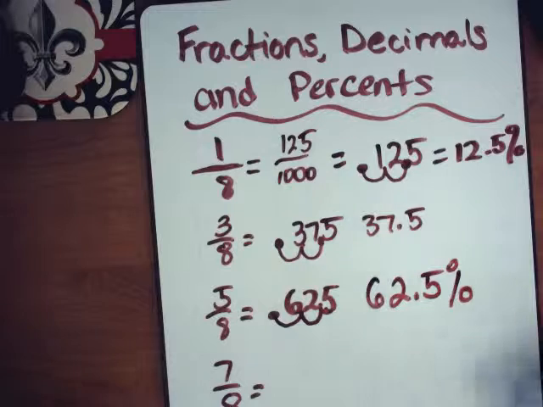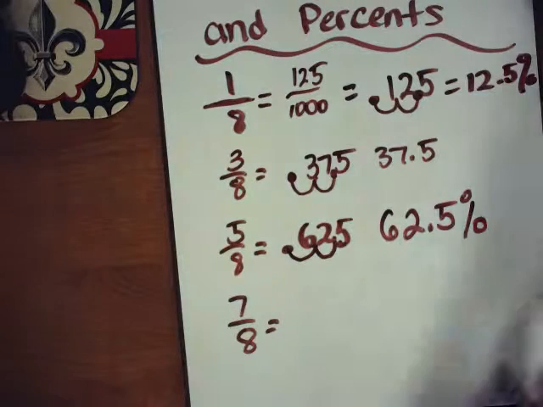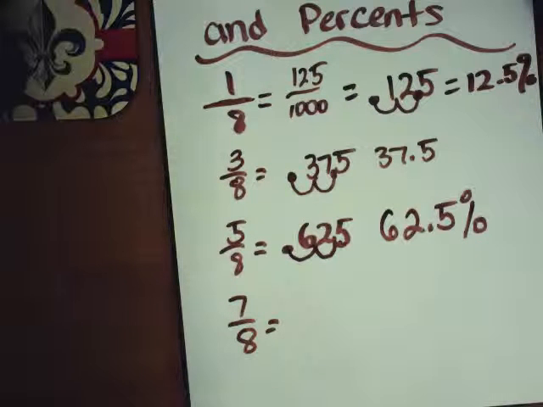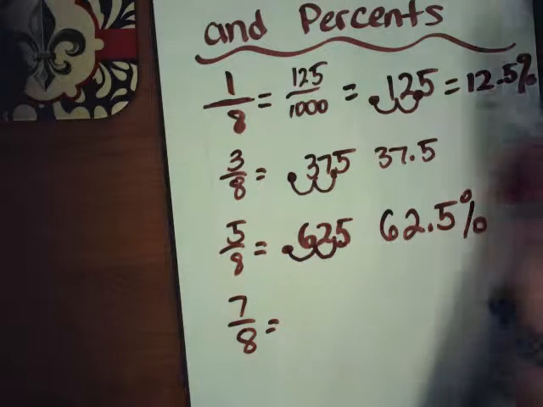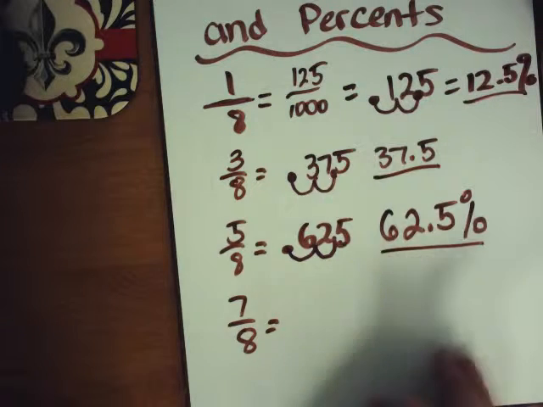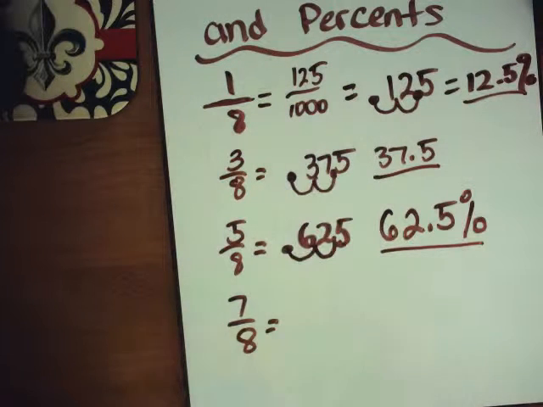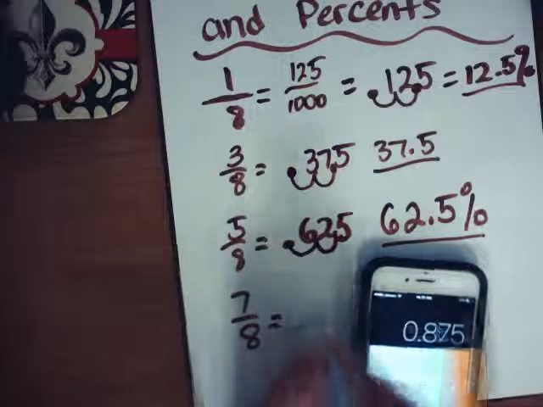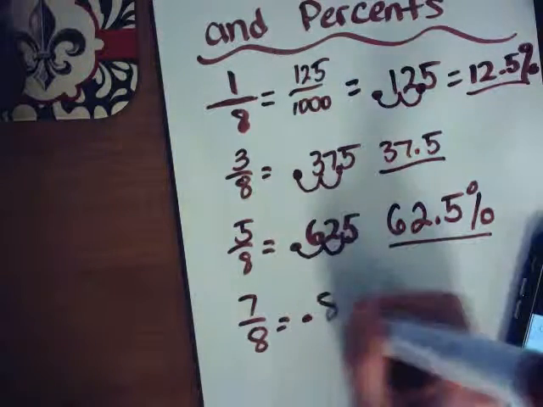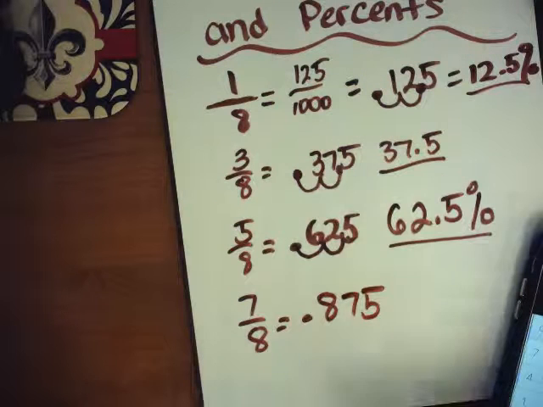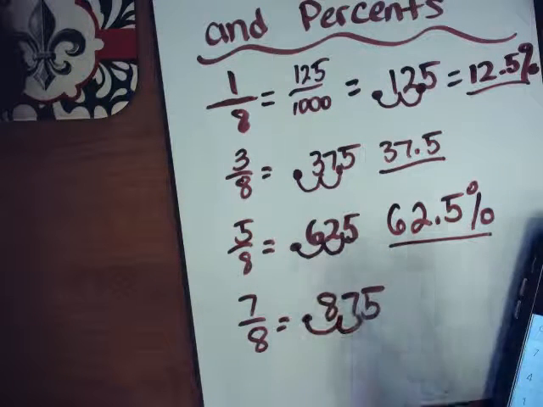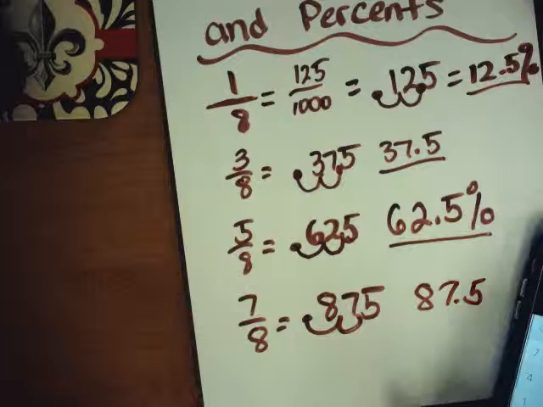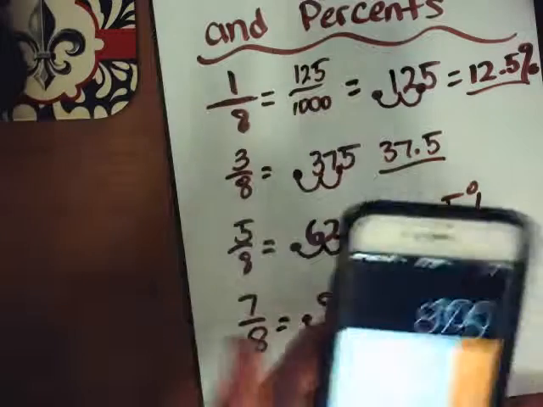And then 7/8. Notice how my percents, as my numerator gets bigger, are getting closer to 1, right? It's getting closer to the whole, or 100%. So I'm going to be even closer to 100%, or my whole, on this one right here. So I have 7 divided by 8 to get my decimal. And then I'm going to multiply by 100, or times 100 on my calculator. And I get